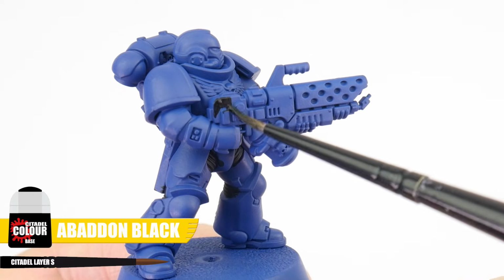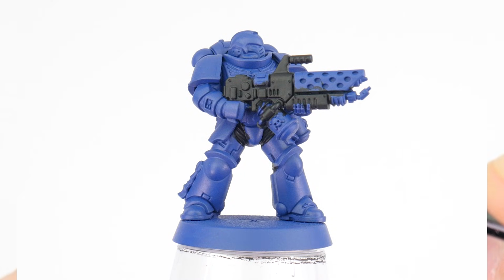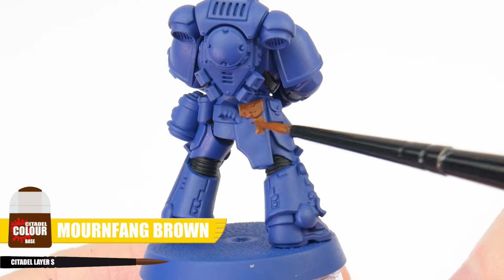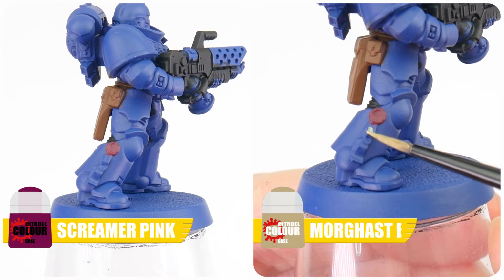Let's work on all of those black details next using Abaddon Black, and this is for any weapon casings and the rib details between the armour. After that, we want to use Mournfang Brown for those belts and pouches. For the purity seals, we can use Screamer Pink for the wax seal, and for the parchment, let's use some